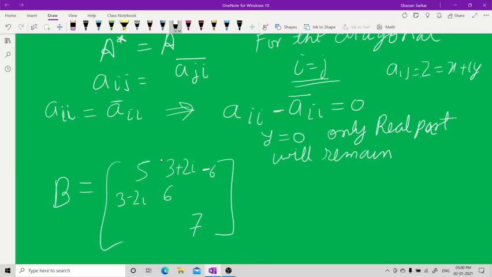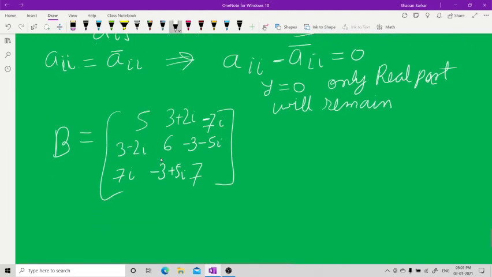You write minus 6i here, so you write the conjugate of this 6i. Or let me write 7. Let me change the number. If I write 7, suppose I write minus 3 minus 5i. Wait, let me rub it completely and rewrite it again. Minus 3 minus 5i will become minus 3 plus 5i. So this is how you will write a Hermitian matrix. I hope you have understood this.